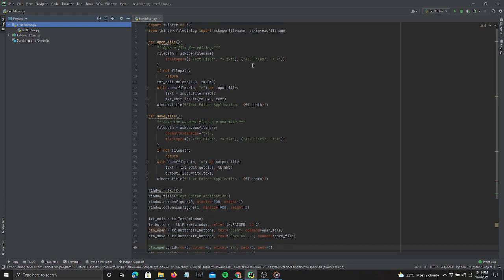So I'm making a text editor using Tkinter and Python. So the code is like this. In the first line we are importing Tkinter as tk, and then